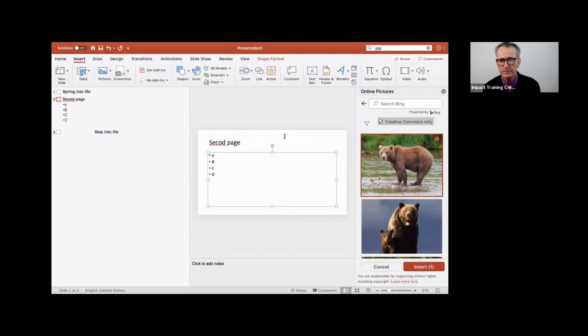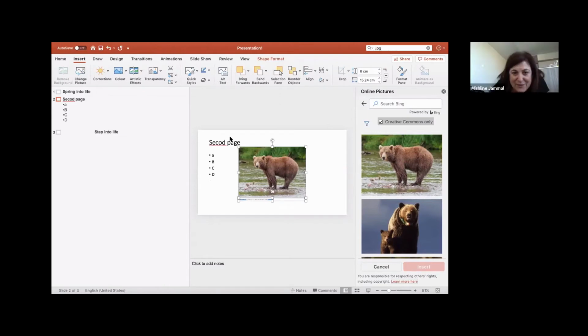Down the bottom. I can't see it. You know why? Because the picture of, oh, here, I'm just moving you. I couldn't see it because our image was on top of it. So insert. There you go. No worries. And I'll just move our image back. There you go. Now you've got your little bear. Oh, yeah. How good's that?